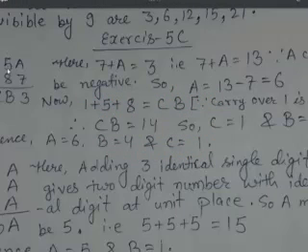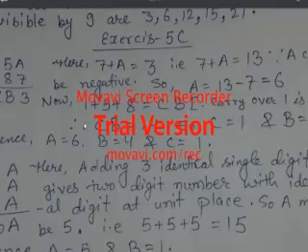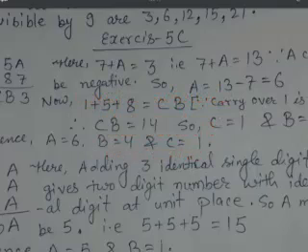So now 5 plus 1 plus 8 will be the b, or CB you can see, because after this there is no number. So 14 is equal to CB. In place of C there is 1, and in place of B there is 4. So C is equal to 1 and B is equal to 4. Hence A is equal to 6. Again I have written all the values in one line: A is equal to 6, B is equal to 4, and C is equal to 1.